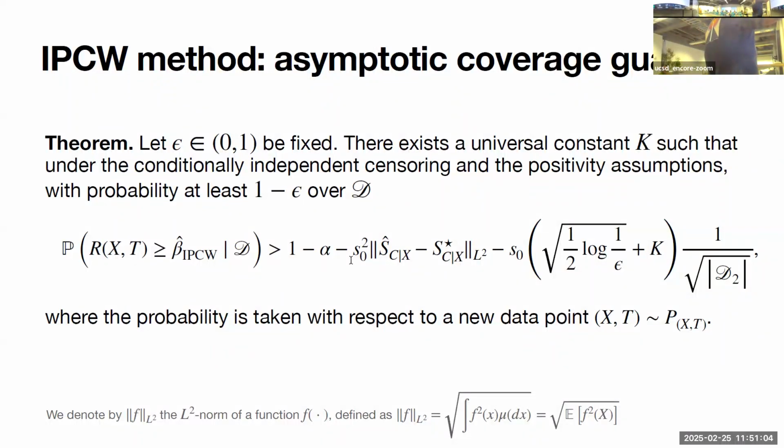This error term may be very slow. It's a non-parametric rate, so you'd want to reduce it. There's nothing you can do about this term. This term will always be present. And this is why, in the presence of censoring, it will be impossible to construct finite